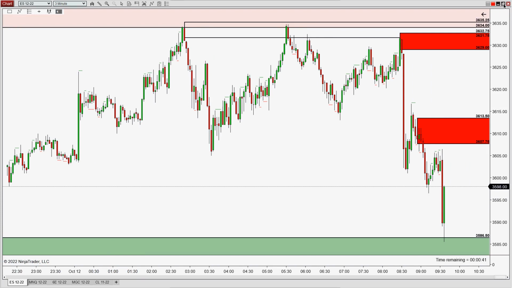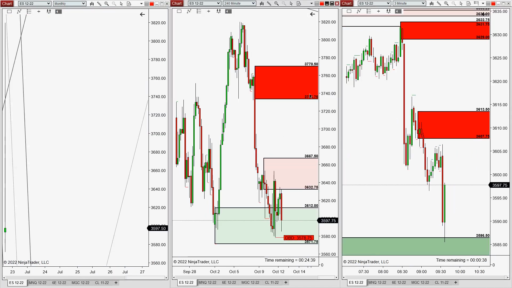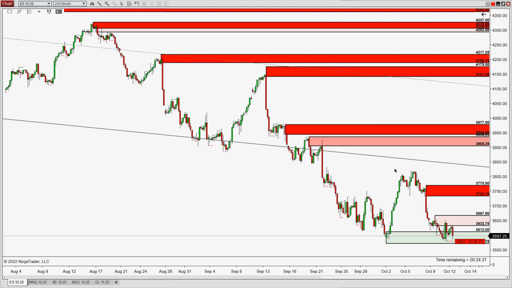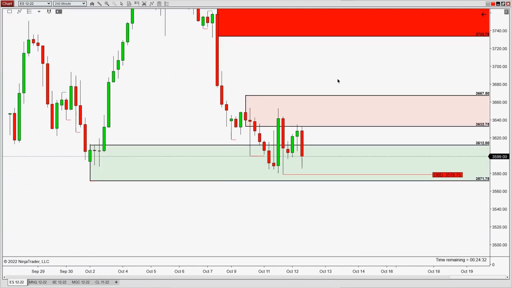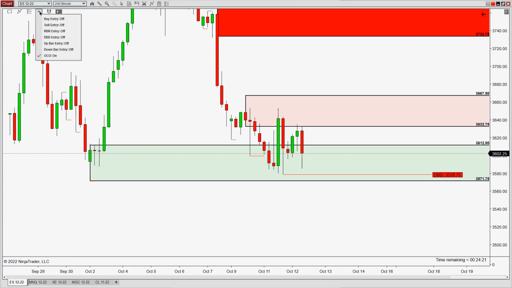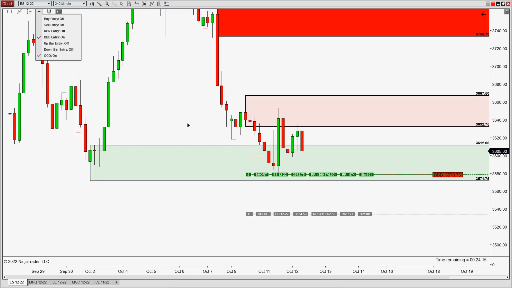So tell you what, since there's already a DVD over here, let me just use this one, and then we'll go back to that chart where there's not a DVD or RBR already there. You can see this label right here, DVD 3578 3/4, and since it's already there, this one allows me to show you. So I'm going to submit, or at least just pretend to submit, an order on that DVD, right? So if I want to say DVD entry,